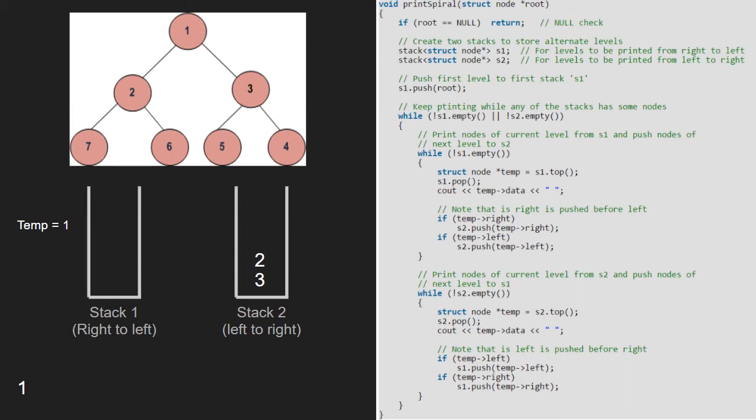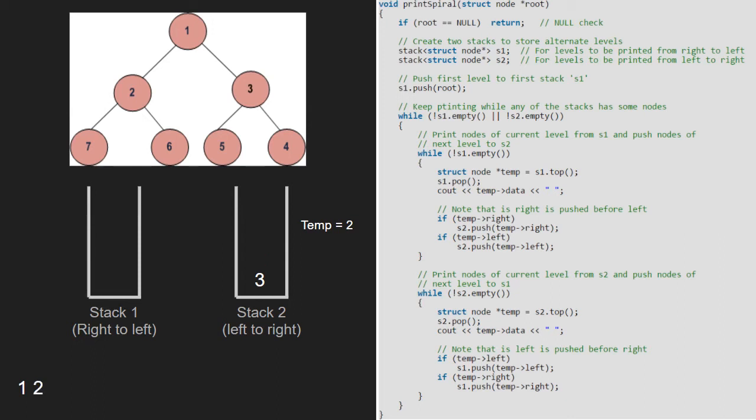We print nodes of current level from stack 2 and push nodes of next level to stack 1. As we enter the second inner while loop, we assign the top element of stack 2 to temp. So, temp will point to 2. Next, we pop the top element from the stack and print it. Hence, 2 is popped and printed.